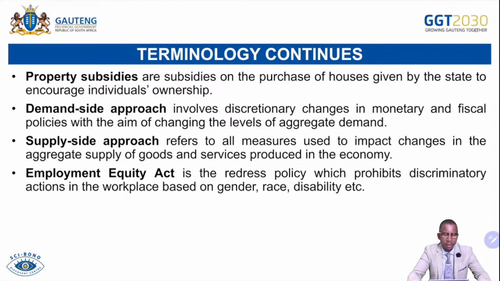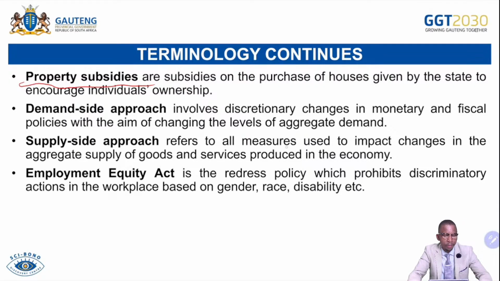Property subsidies. These are subsidies on the purchase of houses given by the state to encourage individual ownership. So the government provides this subsidy to encourage people to own houses or shelter. Demand side approach involves discretionary changes in monetary and fiscal policies with the aim of changing the levels of aggregate demand. Supply side approach refers to the measures used to impact changes in the aggregate supply of goods and services